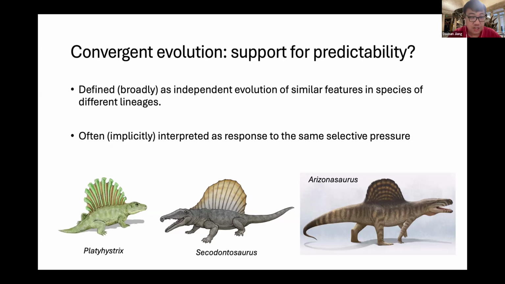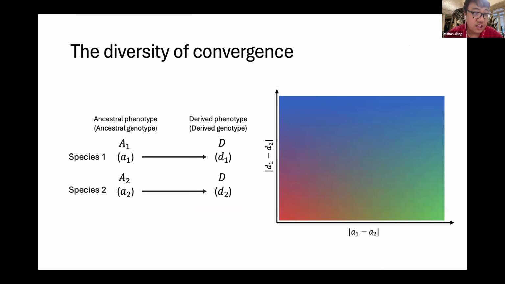For example, different genes, loci, or gene families are involved in producing these phenotypes in different lineages. In that case, evolution may still be considered quite unpredictable at the more microscopic scale of biological organization. And indeed, there's considerable diversity among known cases of evolutionary convergence. We can classify them based on two metrics: whether the convergent phenotype had the same genetic basis in different lineages, and whether they started from similar ancestral states.